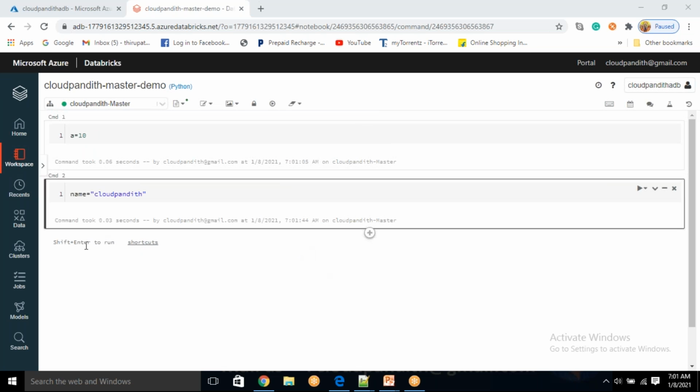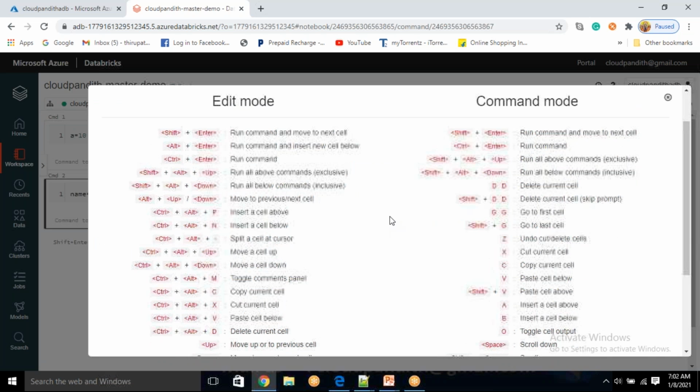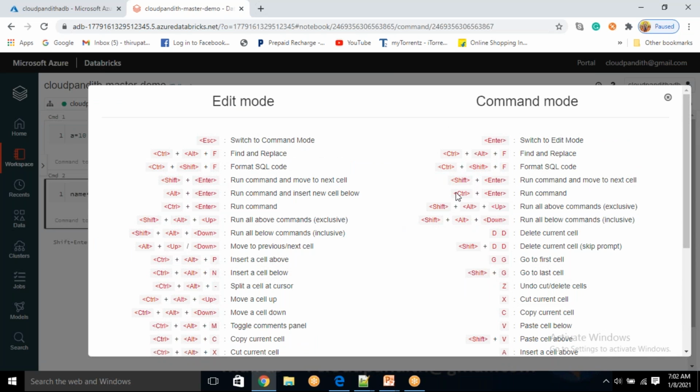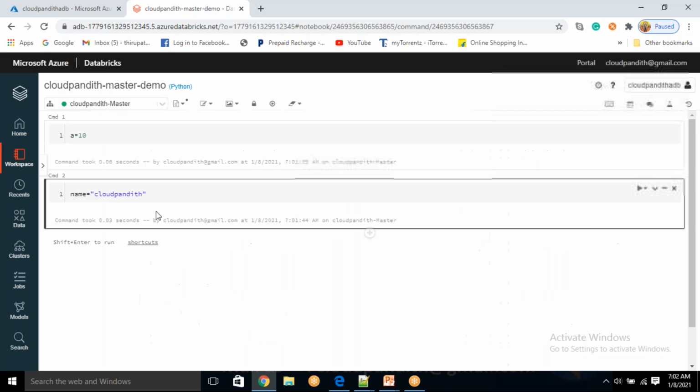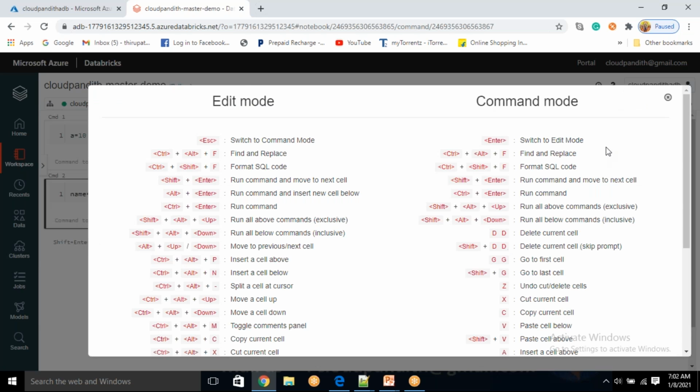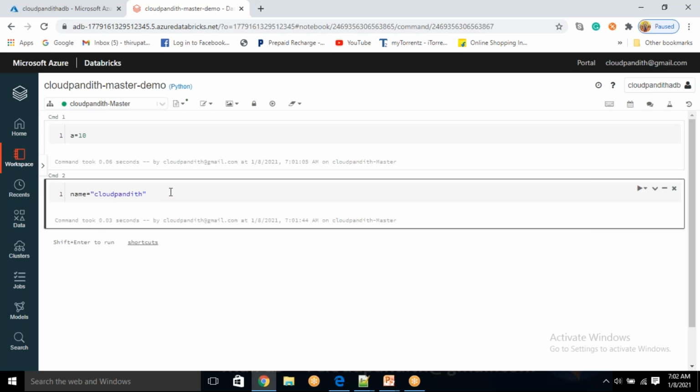See, shortcuts, how to find this? Just click on the shortcuts to see all the shortcuts which you have available. You see, control enter just runs a command. Shift enter runs the command and moves to the next cell. Move to next cell means it is going to create the new cell if it is not available; if it is available, it will just go to the next cell. Shift plus enter means it will execute the current cell and go to the new one. Control plus enter means it will just execute the cell. If you want to know the shortcuts, you can understand from here. Now you understood these two.